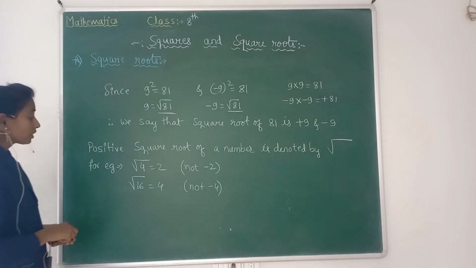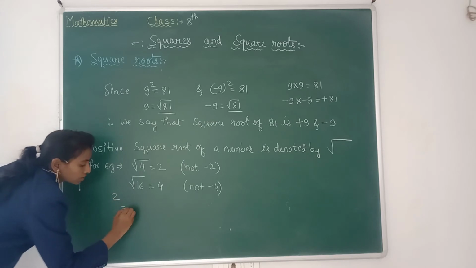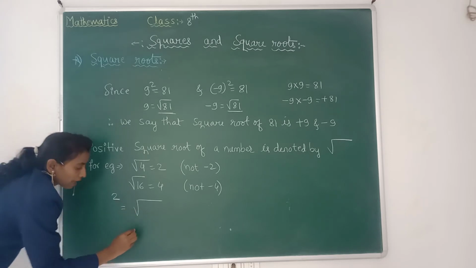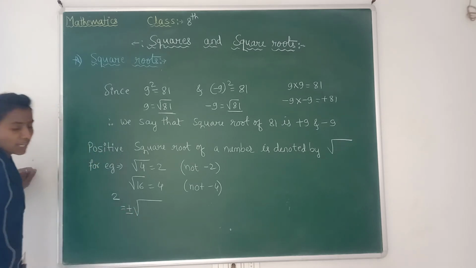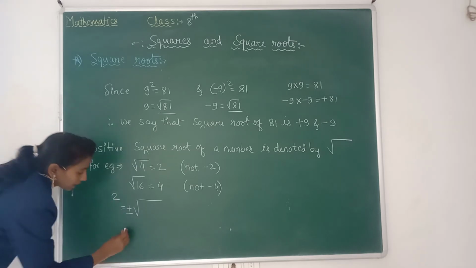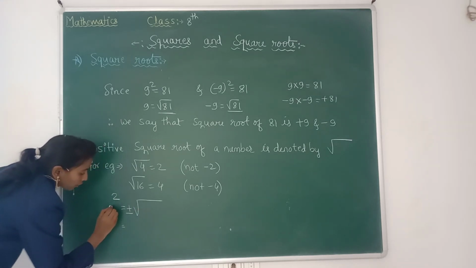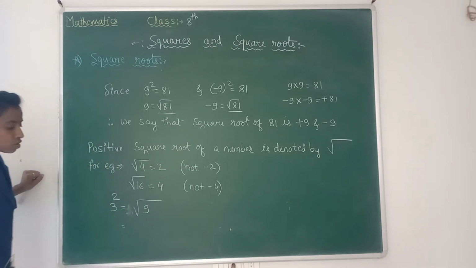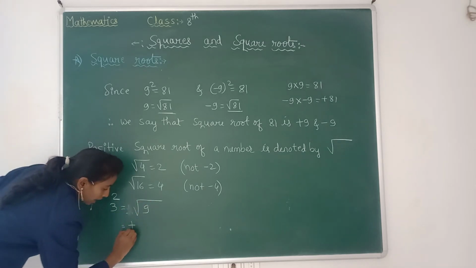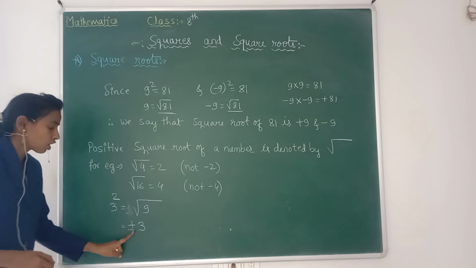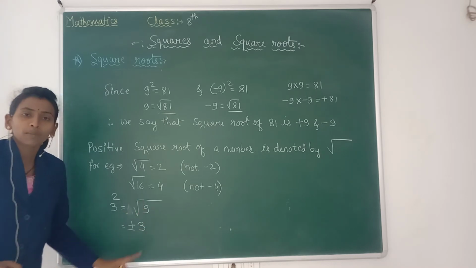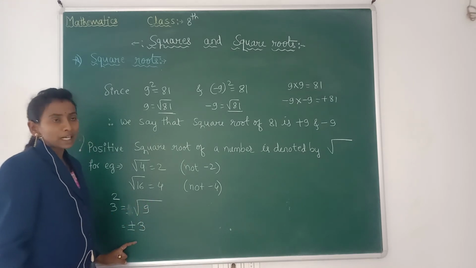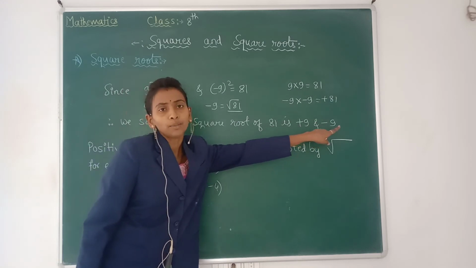So here, when square crosses the equal sign, it will take root position. So it has a plus or minus sign with it. Suppose if it is 3 square, 3 square will be 9. So the square root of 9 has two values, plus or minus. Plus 3 is also correct and minus 3 also is correct. So the square root has two values. So here plus 9 or minus 9.